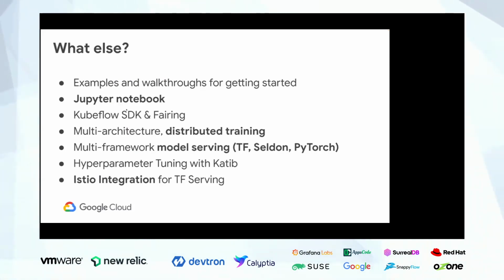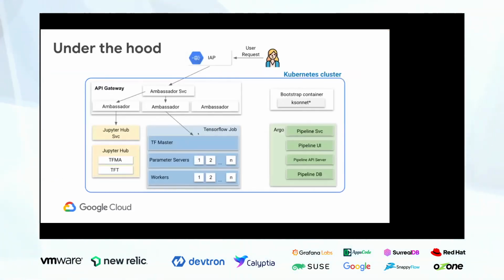So under the hood, this is an example. This architecture, this is how it looks. So the user comes by an API, and then there is this API gateway, right, which is based on Ambassador. Now, based on the request you make, let's say you are requesting a Jupyter notebook, then it will go to that JupyterHub service, and then create a Jupyter notebook for you to start using, right? Then for TensorFlow jobs, or any specific jobs, the TF master will now run these additional training jobs, and then give you the outputs.